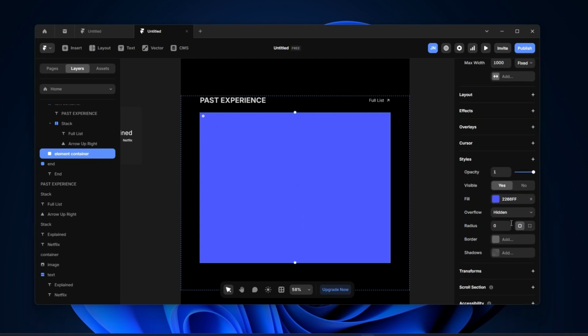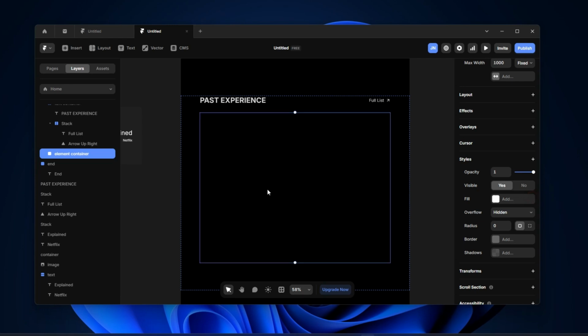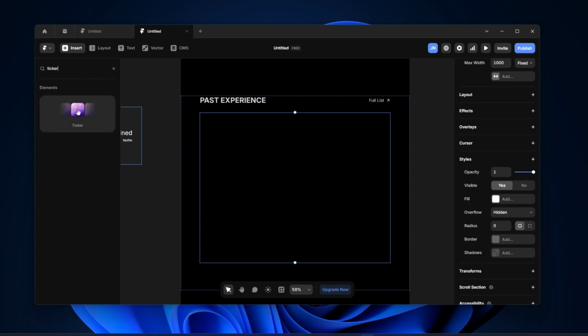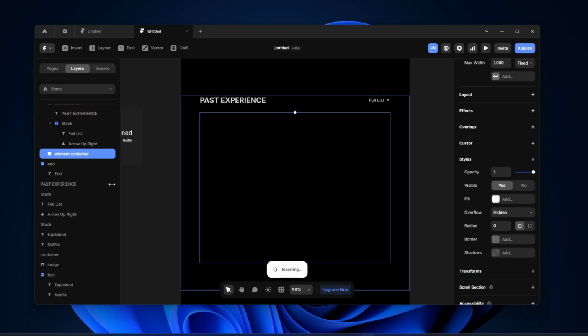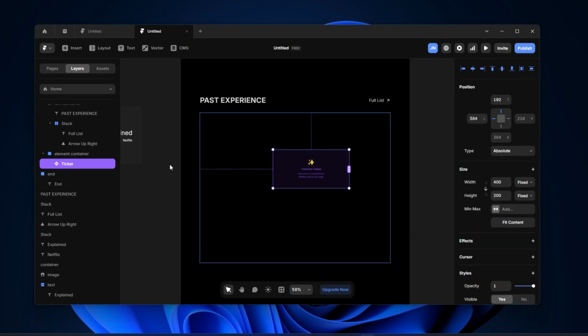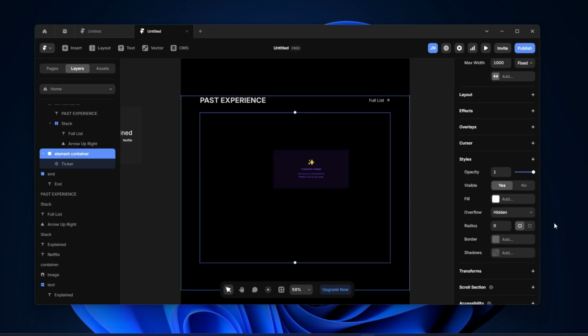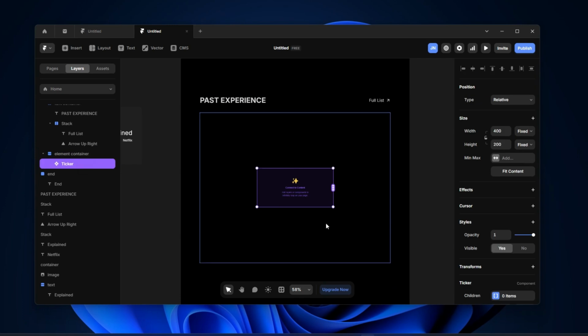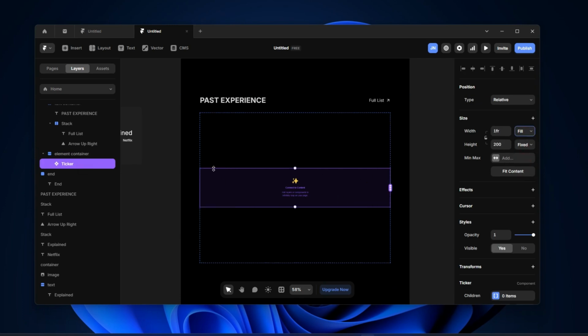I'm gonna get rid of this fill color, and then I'm gonna come here to insert, and I'm gonna search for something called a ticker, and click this ticker. I'm gonna drag it inside this element container, and then give the element container a layout so that everything looks neat. And then I'm gonna set the ticker's width to fill. As you can see, it's gonna fill these spaces on the left and the right, and I'm gonna give it a height of around